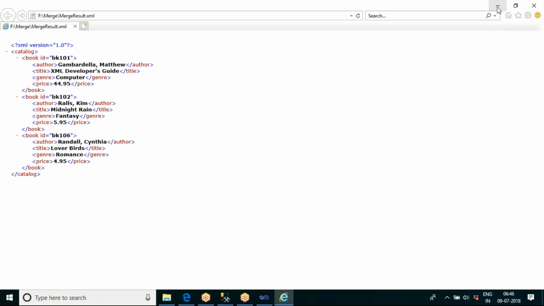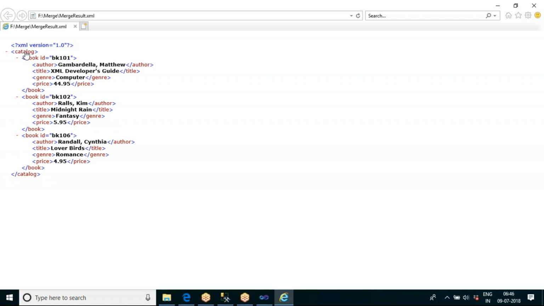So now you can see in this XML file, this is how the XML file will look. It will have one parent node. Here you can see it is starting with the catalog. This is the parent one, and this is the ending of the parent. Ending of the parent means a slash will be there. And under this parent, there is information about three books: book 101, book 102, book 106. Let us consider these as the next level of nodes, that is children.